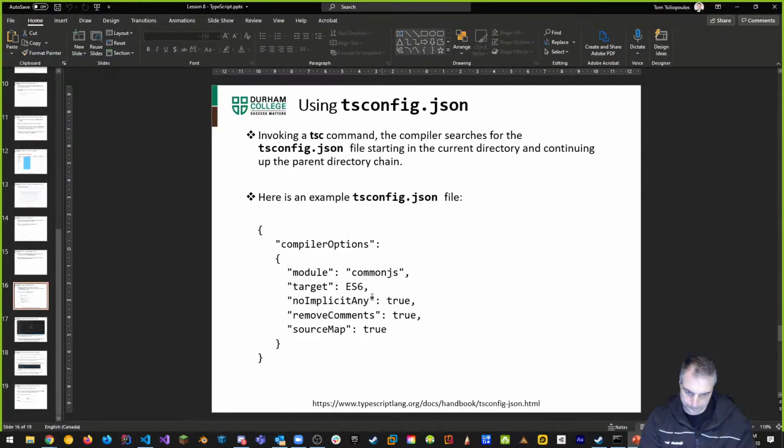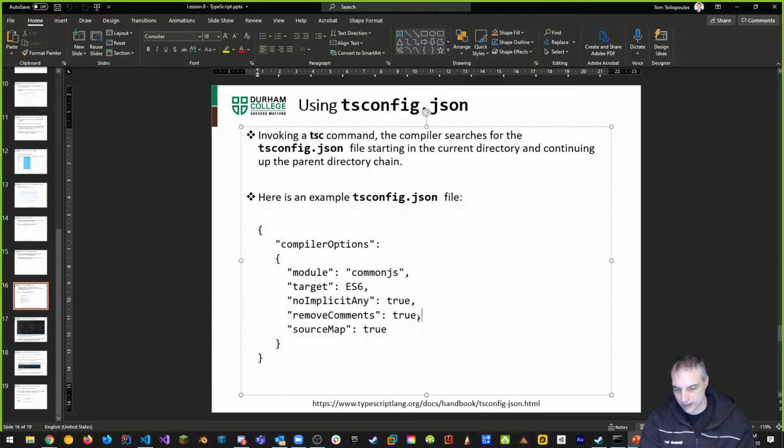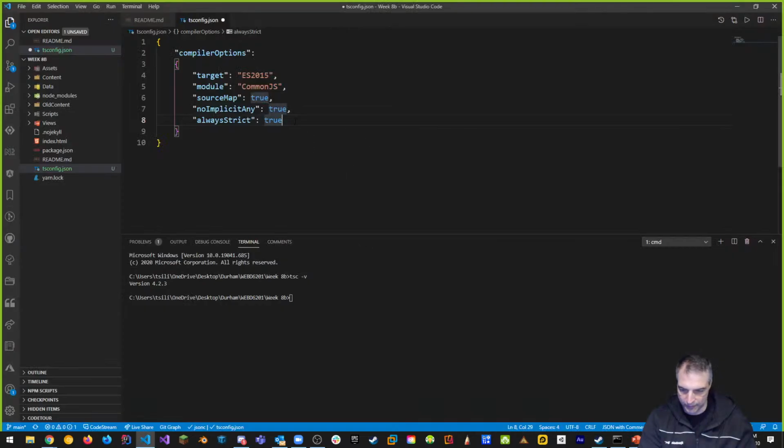Remove comments is also useful because a lot of times people can look at our comments in JavaScript, and because we're making a TypeScript project, why would I want to inflate the JavaScript file with additional comments? It's not required. So I'm going to remove comments as well. So I'm going to say that remove comments is true. Those are my compiler options that I've chosen this time around.